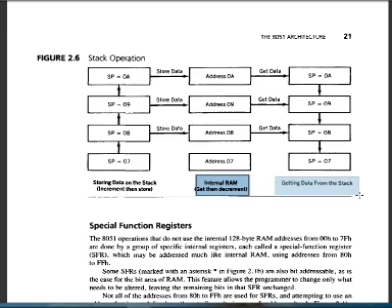When you are getting data out from this stack, then the data will be taken out from this particular location of the stack, and once data is out, the stack pointer will be decremented, and now it will be accessing the internal RAM location, which is addressed as 07th location of internal RAM. So like this stack operation is done. We know how stack works. So same operation, but it is with respect to what? It is with respect to internal RAM locations of the stack.